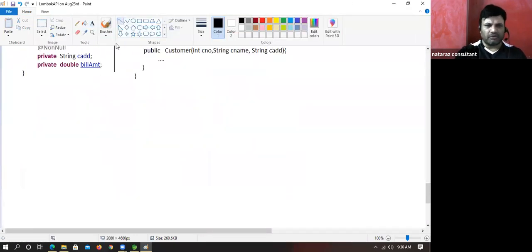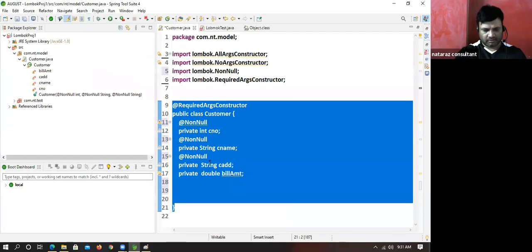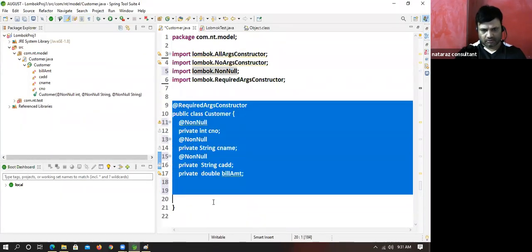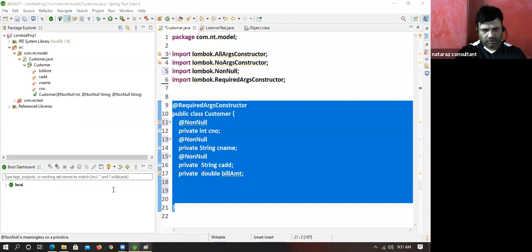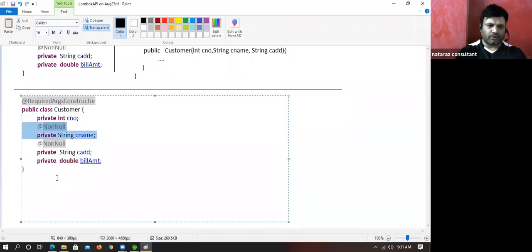Now let me give one more angle. Let me paste it. Required arg constructor, no properties, no non-null.